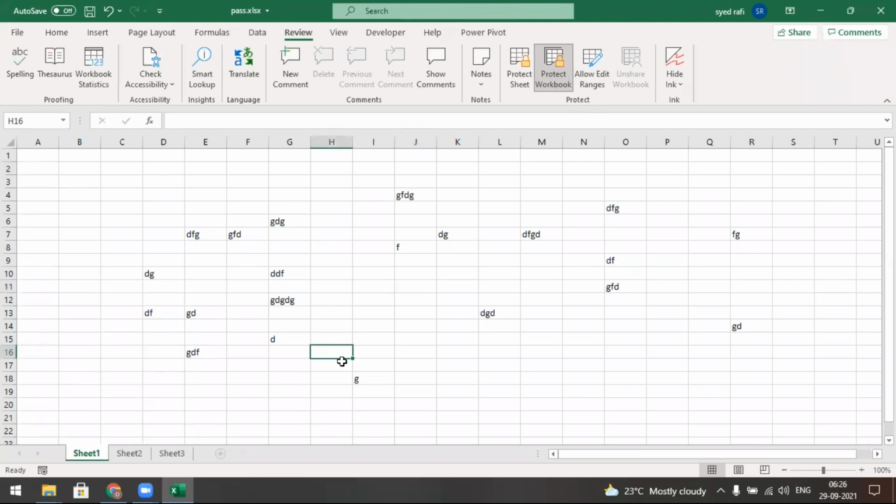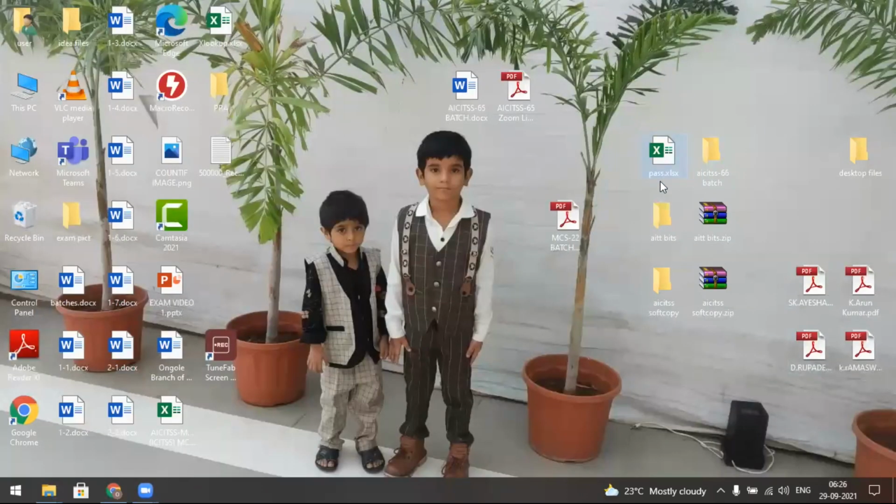Okay, if I give protection like this, how do we remove it? Let's check. I will show you. At the same location, you must get the extension. The first step is pressing F2 or rename, without a dot, and select the extension.